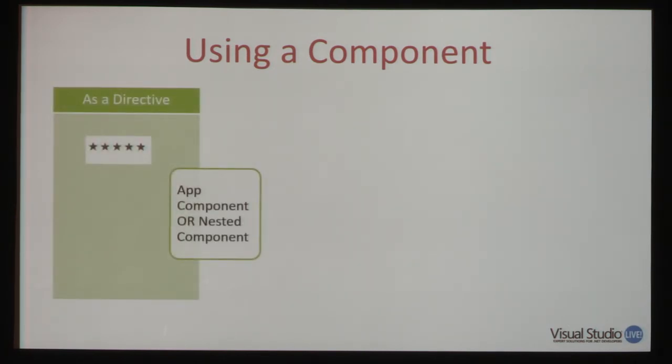The first is as a directive, and that's what we've seen so far. Our app component, we used it as a directive to host our application by using that mhapp as a tag in our HTML. We also want to do that same technique if we're going to have a nested component. And so that would be something like our star rating. We're going to nest that in other components. You would never just display a whole page that was just these 5 little stars, or probably never. You're going to embed that in another component. And so that is one way to use a component as a directive.